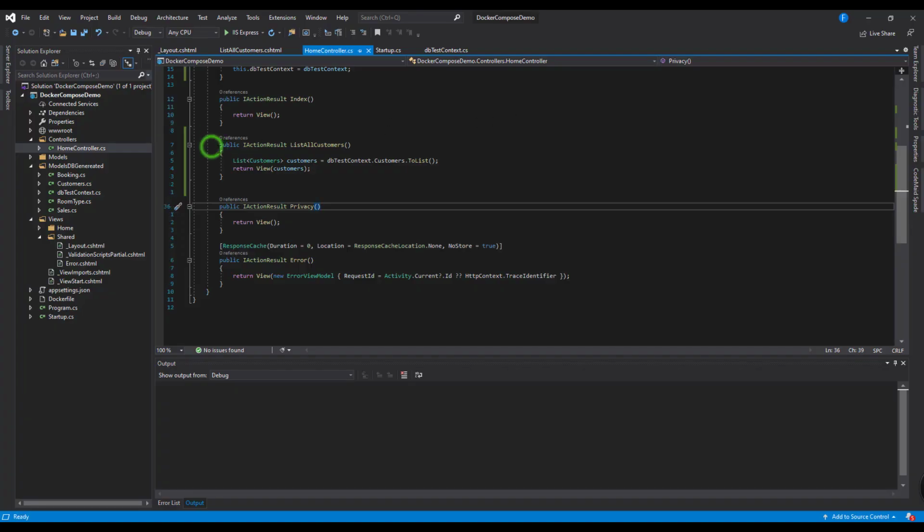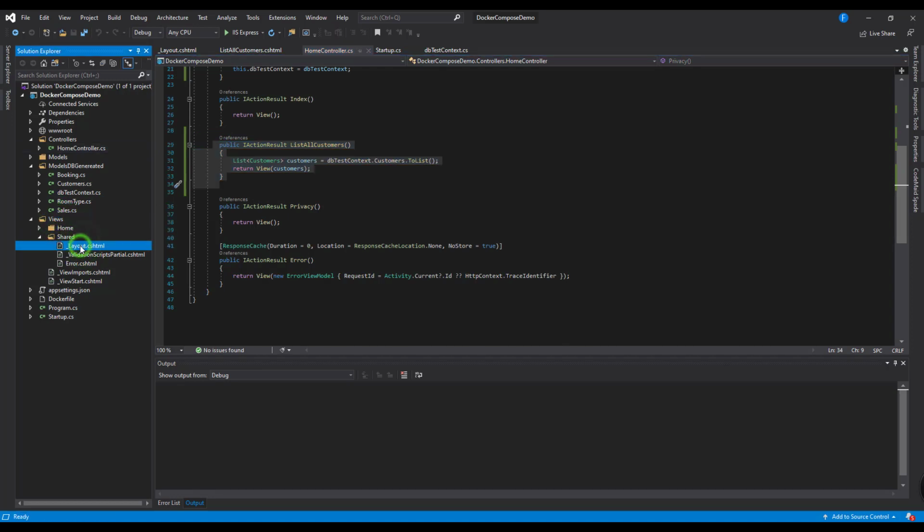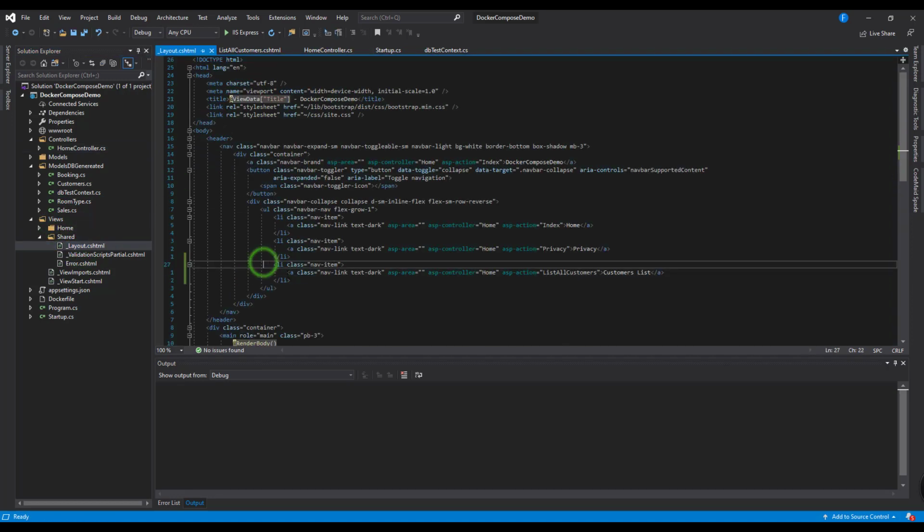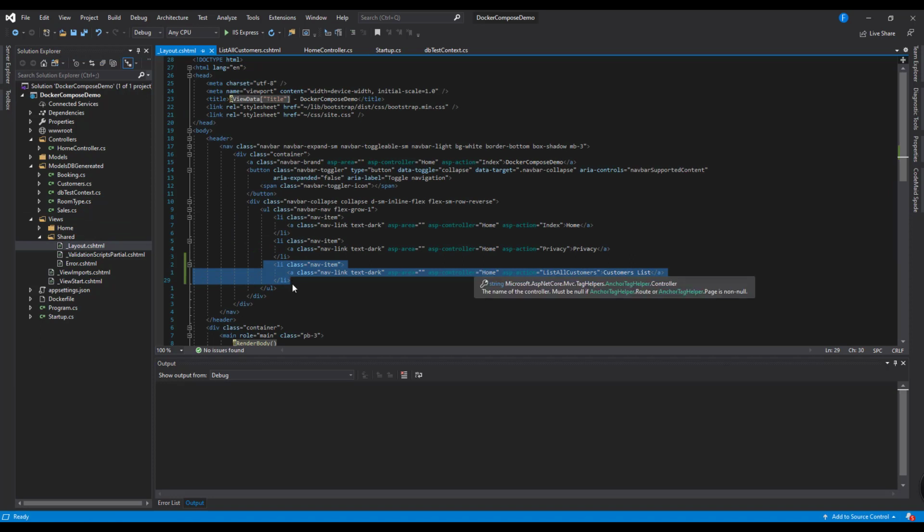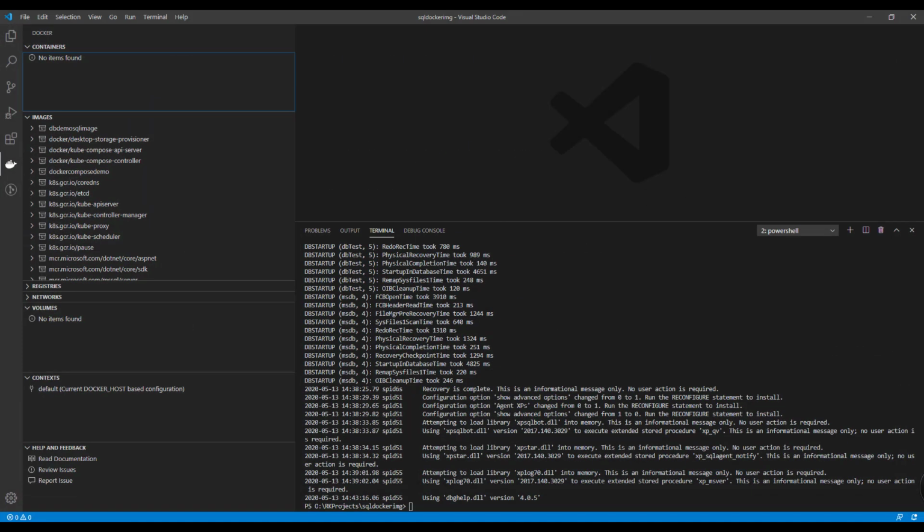To quickly access this customer list in the views, in the shared layout we have given a nav item for this, so that it will redirect to the Home controller and the ListAllCustomer action method once we run this application. Now we stopped the